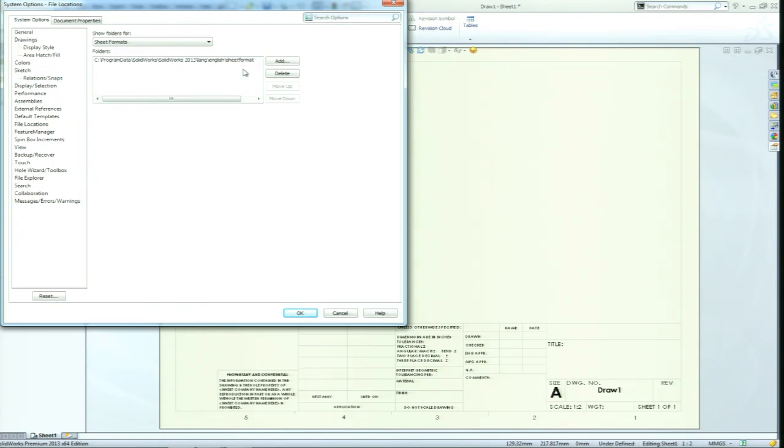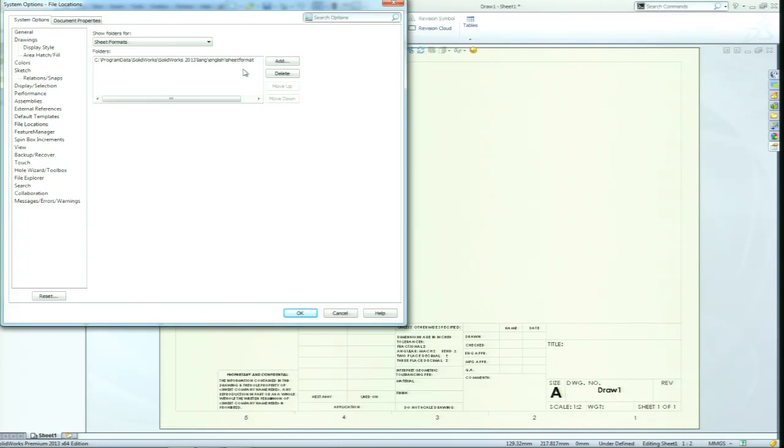So at this point, we can go in and add a reference or add a path. This is where I was telling you earlier. If you decided that you wanted to use a specific folder on your network drive to hold all of your formats, then you could save this at that folder. You could also change your sheet templates or your document templates to that same folder, so everything would be in